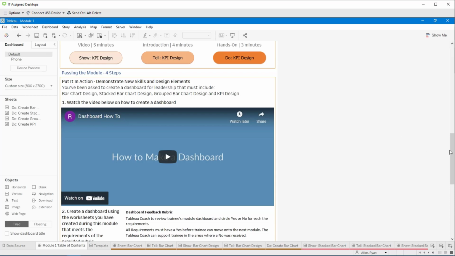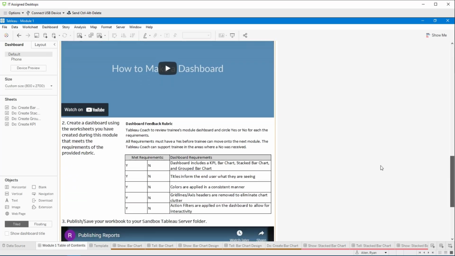Once you've created the dashboard, and as you're creating it, we have our feedback rubric. So this feedback rubric is really going to be how you're, quote unquote, graded on your dashboard. Notice we're not really checking things to harp on it or to judge you. Instead, what we're doing is we're just looking to see if it has the elements that we've taught you about in this module. So the person who's going to be providing the feedback or reviewing your module, they're going to be looking at this rubric and they're just going to be looking at the dashboard you create